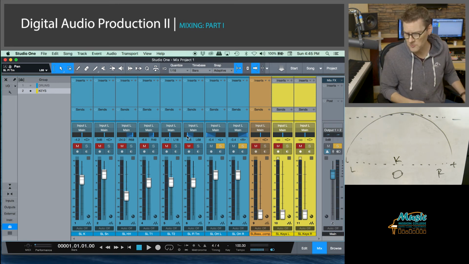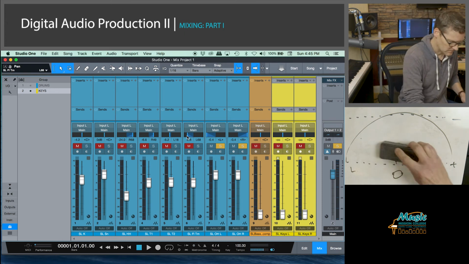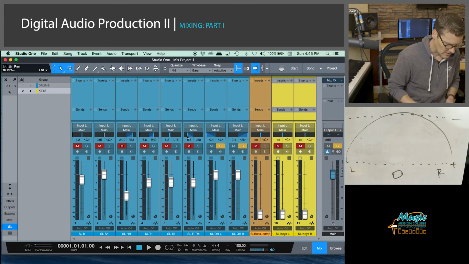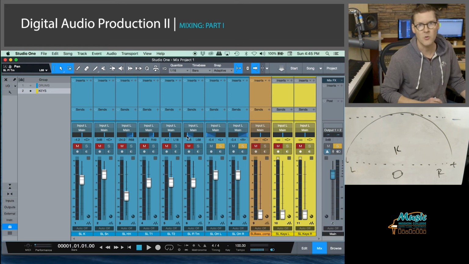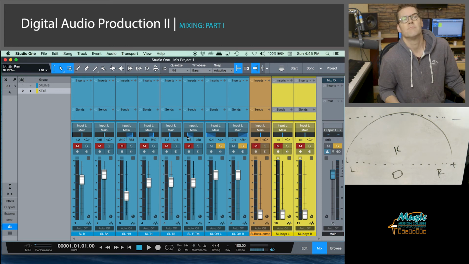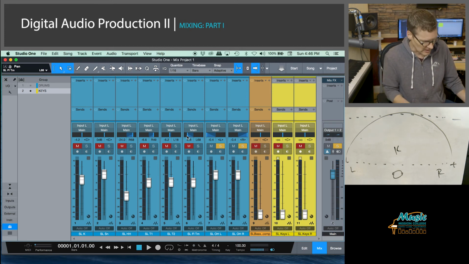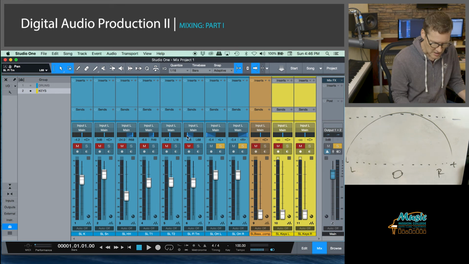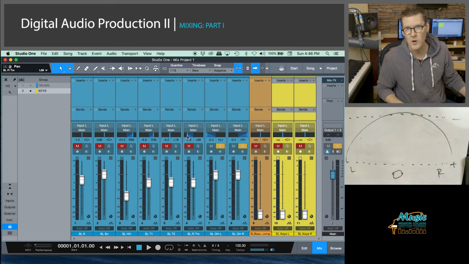If I turn the kick drum down, then it moves farther away from us relative to everything else, right? If it's the only thing there, then it's just however loud or soft you have the volume turned up on playback. But relative to everything else that's going on, I can make it come closer or farther away